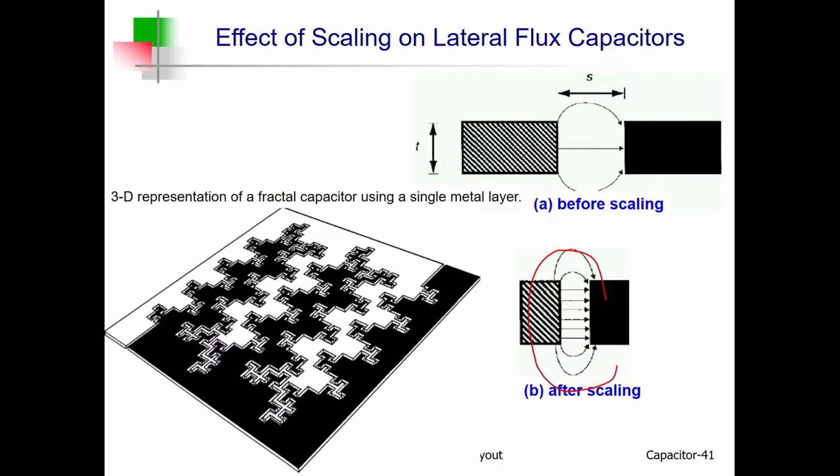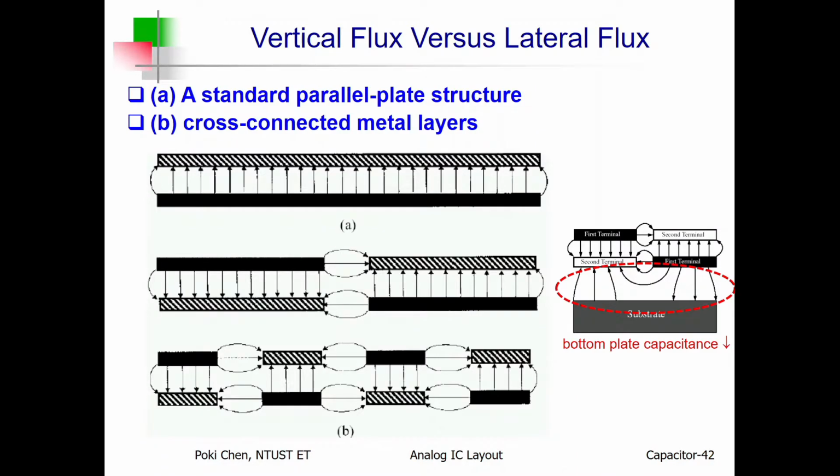In this way, the capacitance will be increased according to process evolution, because not only the gap, the spacing will be reduced, but also you will get more bending for such kind of fringing effect. All right, and then